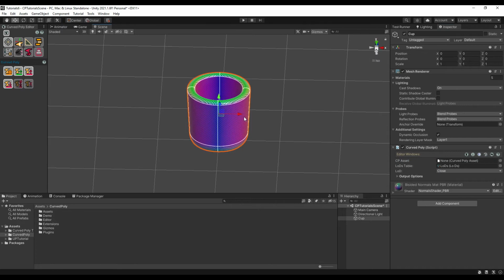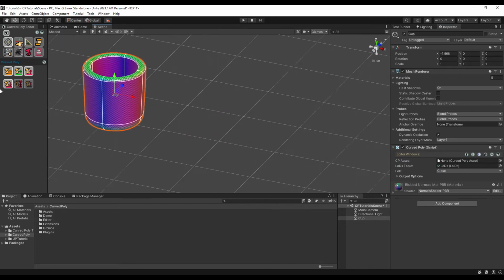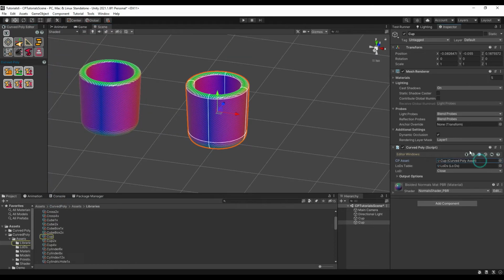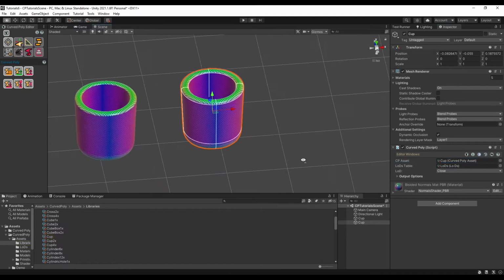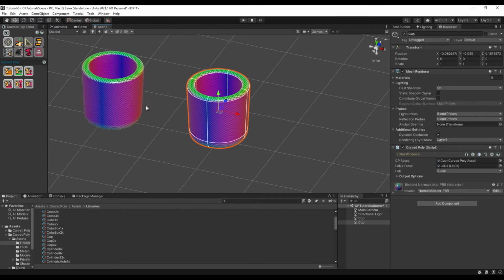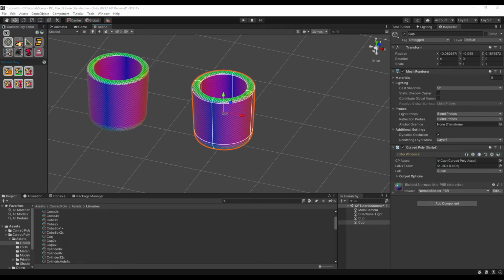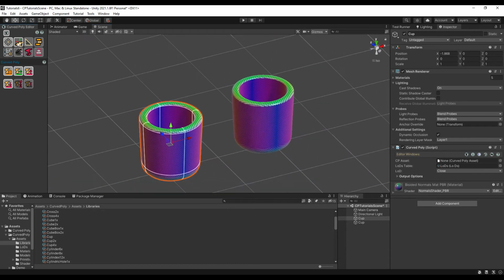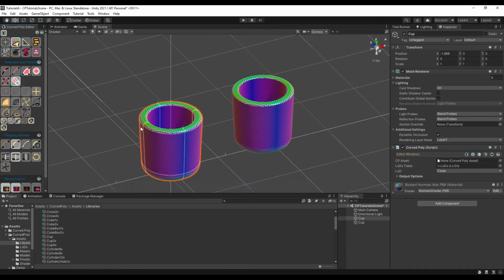On the other side, you can use add in place of import. Add does pretty much the same thing, with the huge difference that once a model is added, its Curved Poly component is directly referencing the original asset itself. This means that the model will not be saved in the scene, and that any change on the model will affect also the original asset and every other object using it. So we have models stored in Scene and models stored in Assets. It is possible to create new assets from both of them. Creating new assets is good since you can reuse them on more objects.